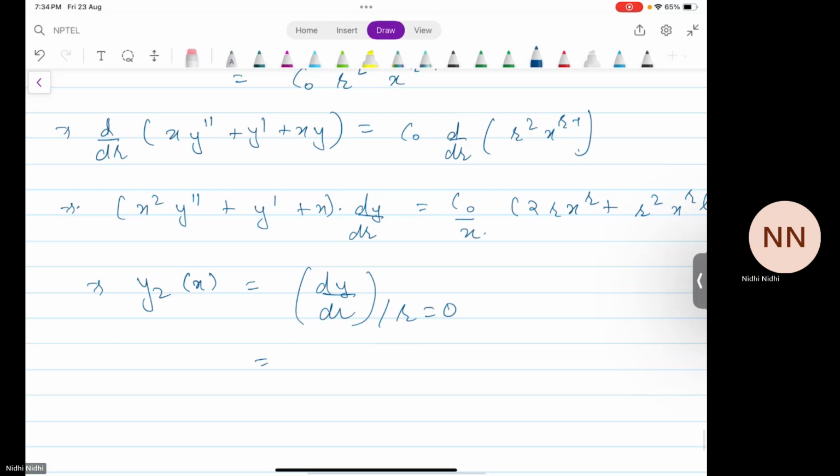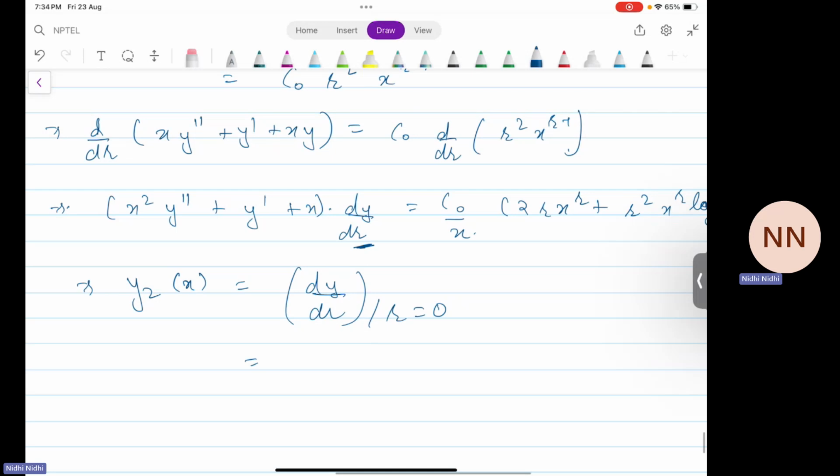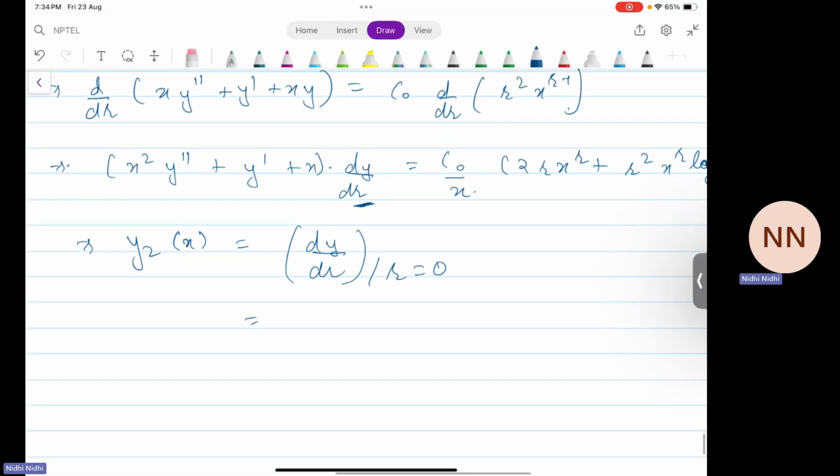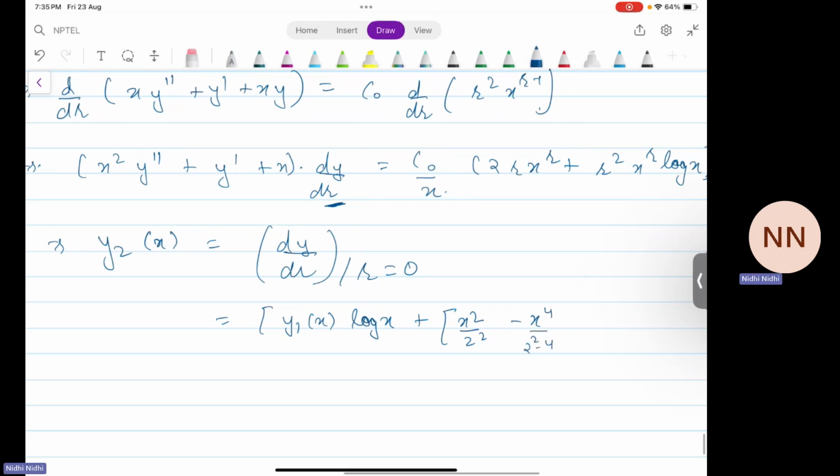All you need to calculate is this factor dy by dr, putting value of r to be equals to 0, we'll get it to be y1(x) times log x plus x square by 2 square minus x power 4 by 2 square 4 square and so on,